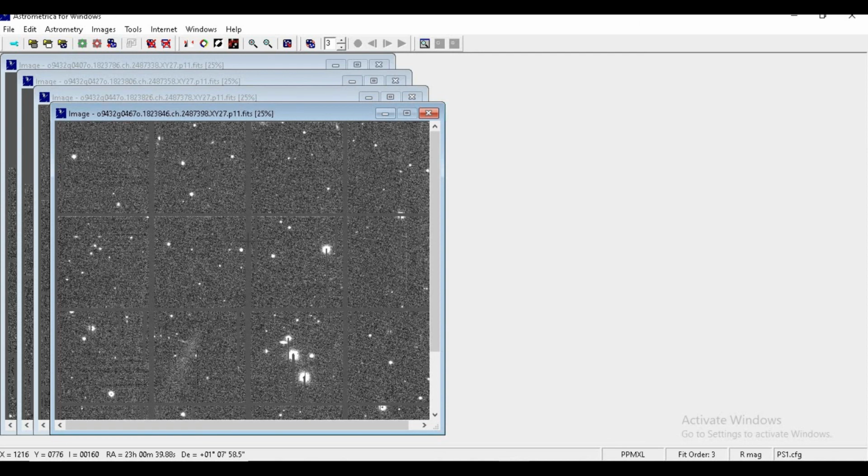Therefore the I value keeps varying according to the sources on which we move our cursor. The next is RA. RA is right ascension, which is one of the coordinates of the sky, and DE is the declination, which is another coordinate of the sky. It is similar to latitude and longitude on the earth.